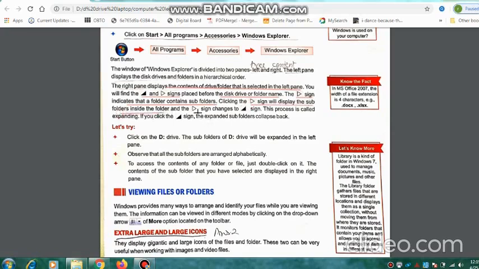When you click on this symbol, it opens the subfolders, but this sign also changes to a black sign. This process is called expanding, because you are expanding that drive to show the contents or the subfolders in that particular folder. And if you click the black sign again, the expanded subfolders collapse back. Let me explain with this example.